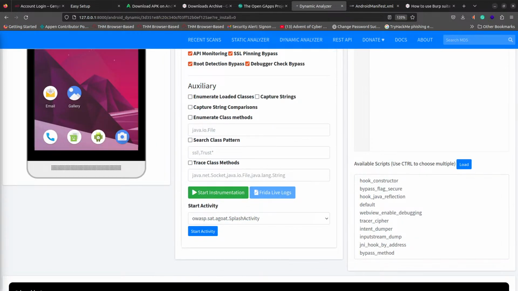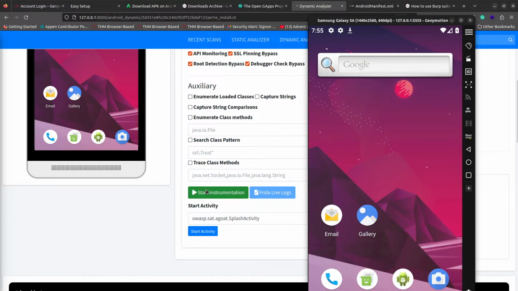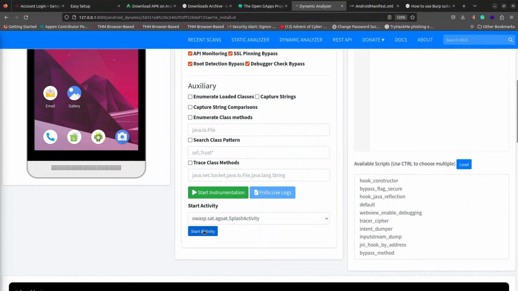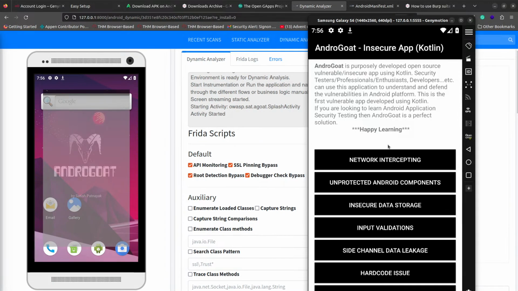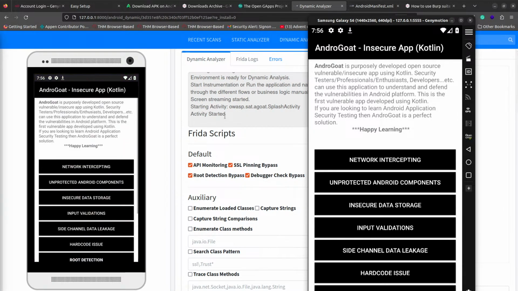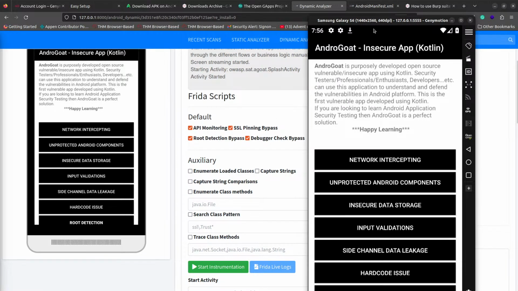I'll show you with this one here. We click on start activity, and that should launch it. So it launches this one here, and then you can actually just